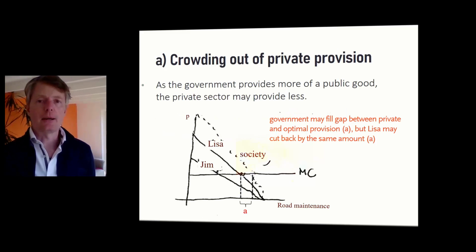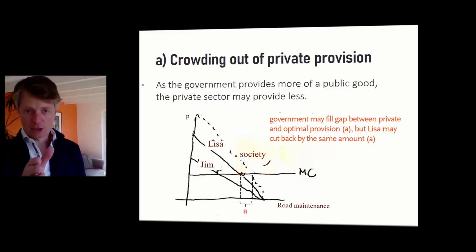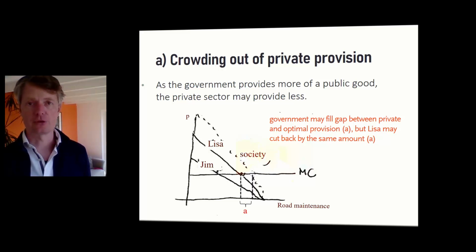What is the trouble? Now, what may happen is that even when there is some private provision of the public good, the government steps in and makes sure that the public good is provided at a level of Q star. For example, here in case of road maintenance, Lisa provides Q, and then the government tops it up to Q star. However,